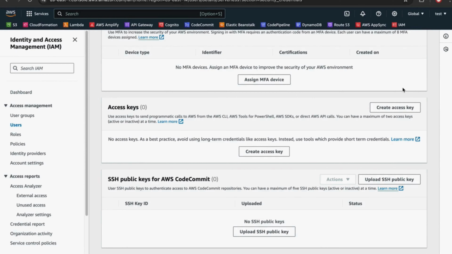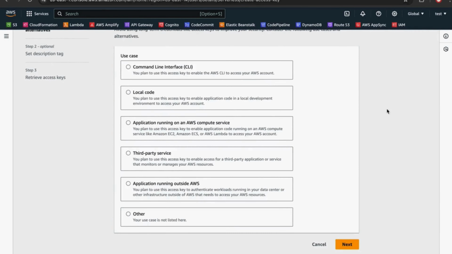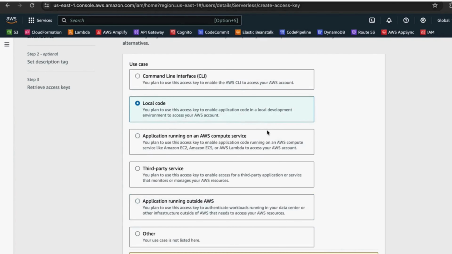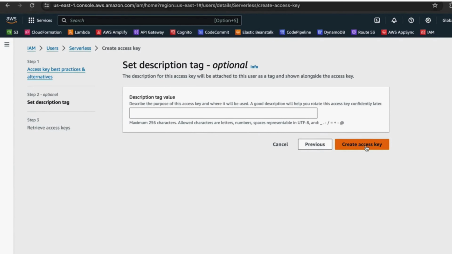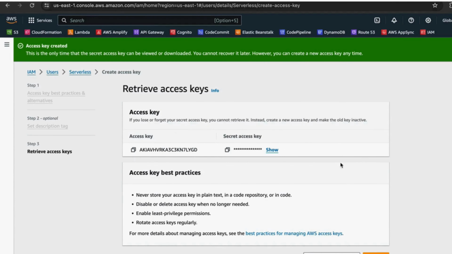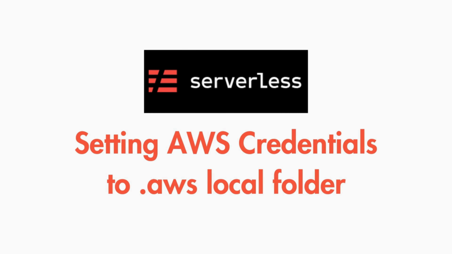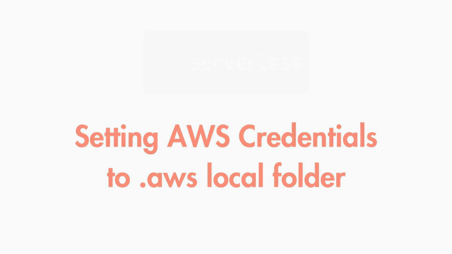For that we should click create access key. I'll select the local code. I'm going to use it to run the Lambda from my local and deploy. Now I created the access key and secret key. We need to copy this access key and the secret key. Let me copy this